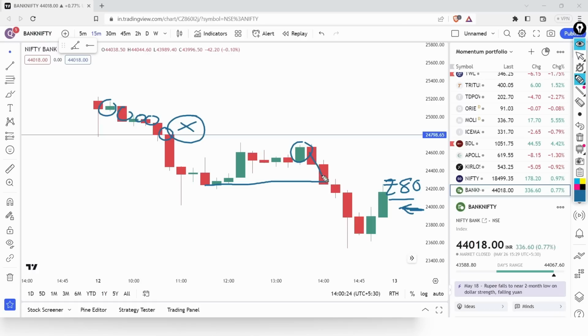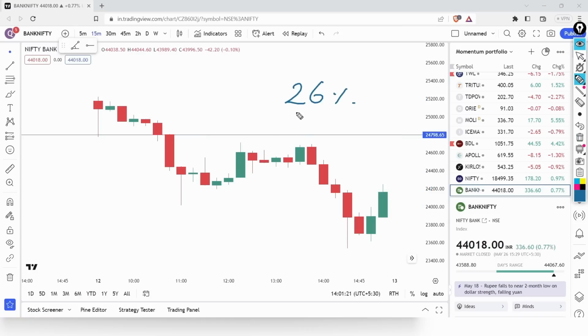Then the market started to slide, and once the market started to slide, it went well below 24,000 also. And at this time, I really started to panic. My loss suddenly increased to such a big amount, I didn't know what to do. So, this option, which I had shorted at 80 rupees using leverage, was now trading around 380 to 400 rupees. So, the price had almost gone up 5x. And then I had to book the biggest loss, which was almost close to around 26% of the trading capital